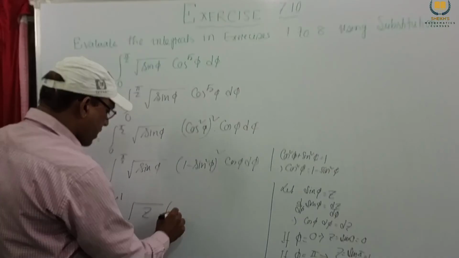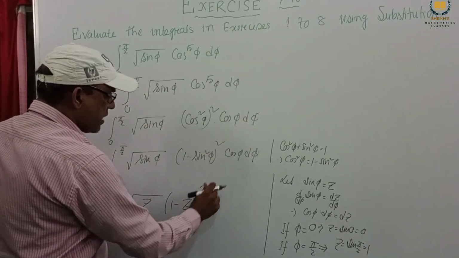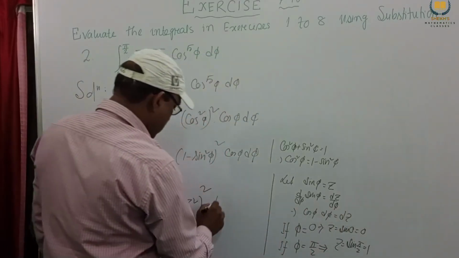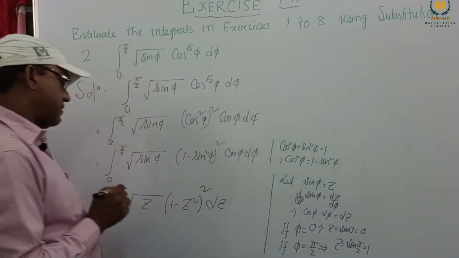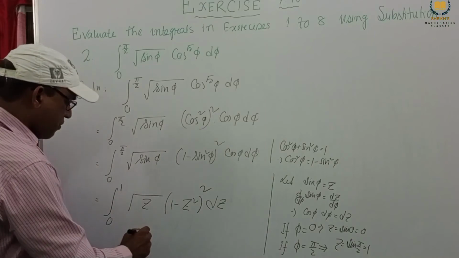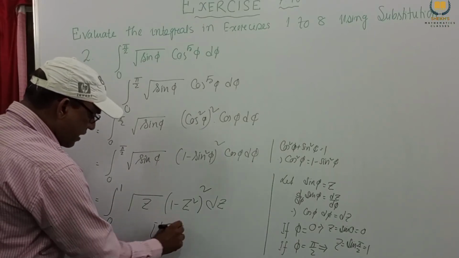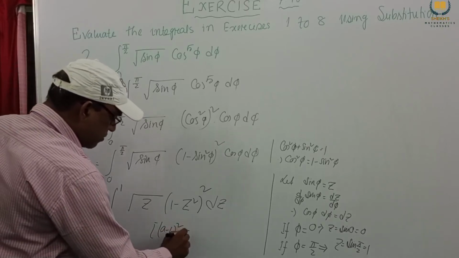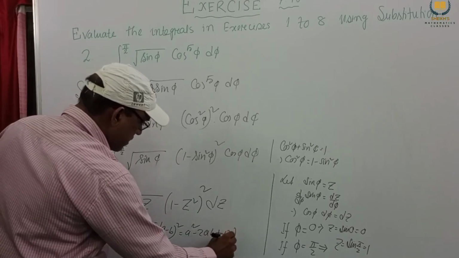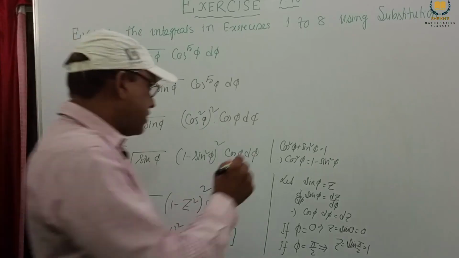And this is (1 minus z square) whole square. And cos phi d phi means dz. We get this. Now this is the (a minus b) whole square formula. We know from lower class, this is the second formula in our life: (a minus b) whole square equals a square minus twice ab plus b square. We know this formula. Now using this formula we get